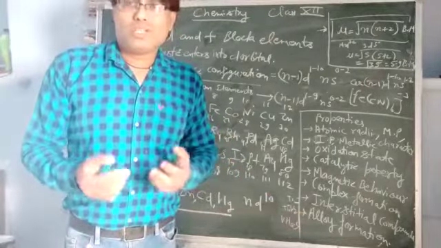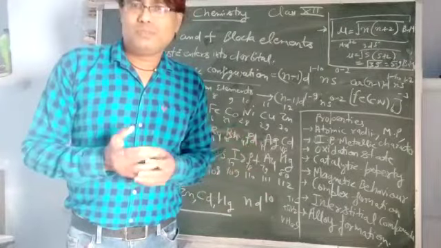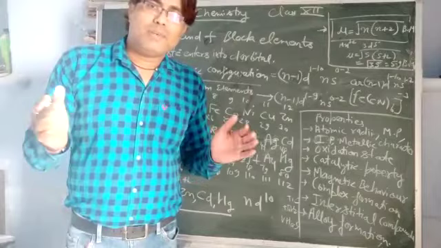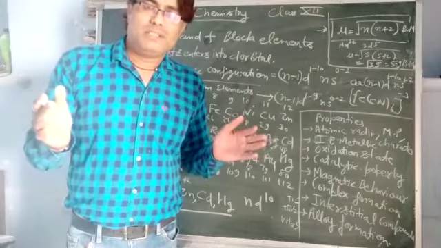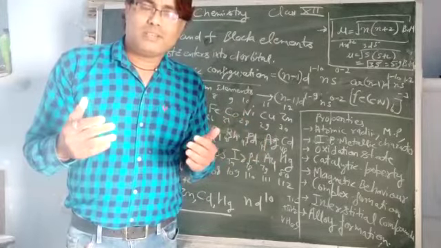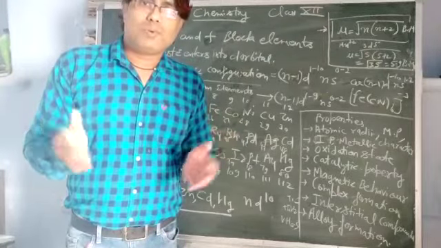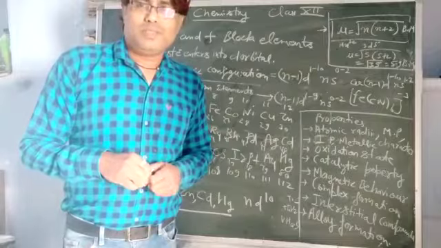Now next, alloy formation. Now you all know what an alloy is. An alloy is a homogeneous mixture of 2 or more metals, like brass and bronze. So actually the d block elements have almost the same size. There is not much change in the size due to the screening effect. So due to the same size they form alloys. So this topic is finished. Thank you.